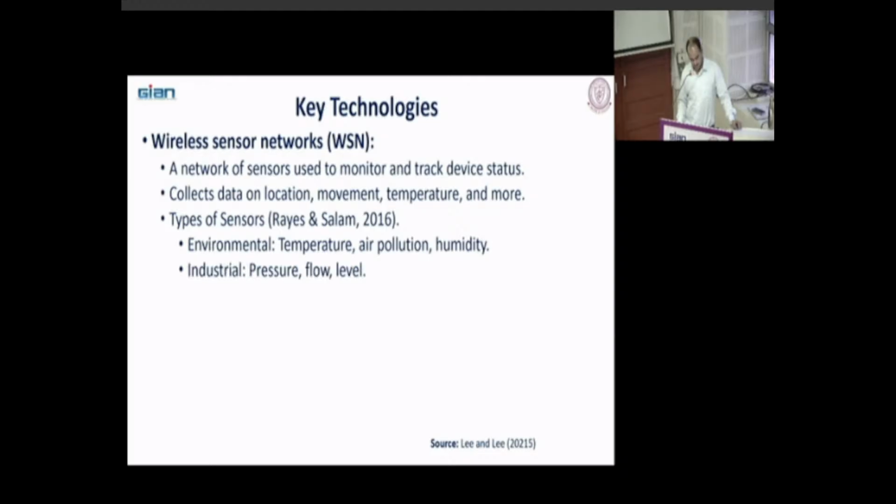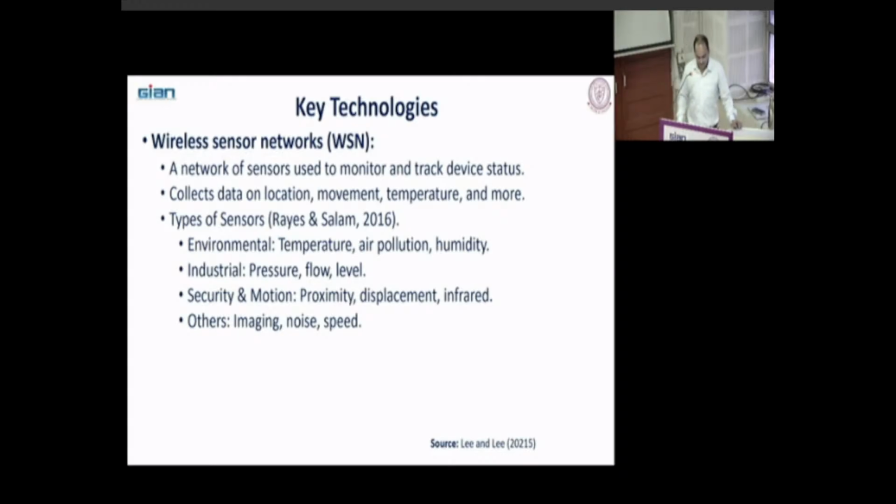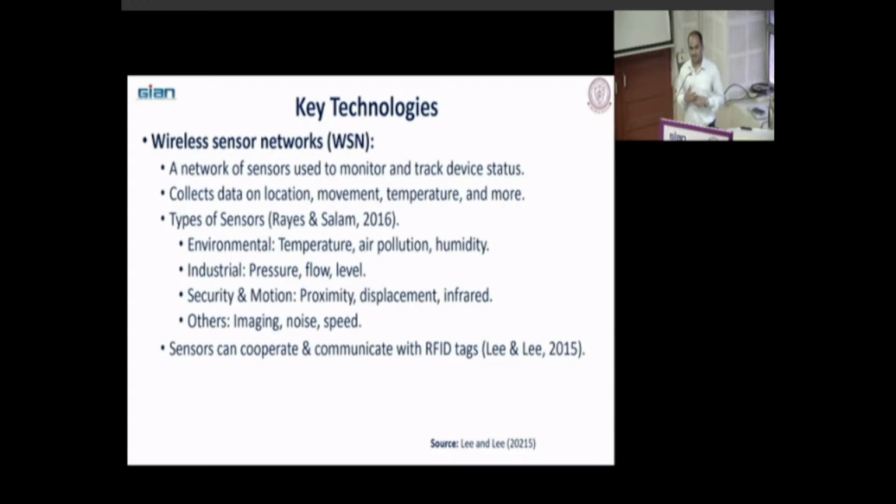Industrial pressure related, flow level related sensors, security and motion, proximity sensor, displacement, infrared sensors, others imaging and noise and speed related sensors are used to monitor and track the status of different devices in your supply chain. Sensors can cooperate and communicate with your RFID tags, because we looked at a couple of types of RFID tags. There are your traditional RFID tags, which are only read and write memory.